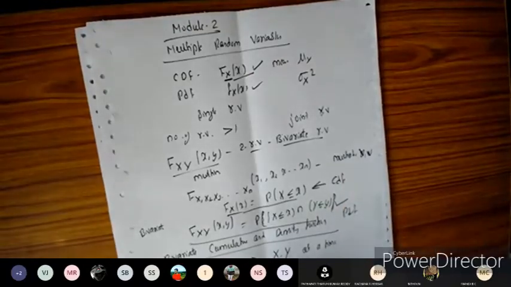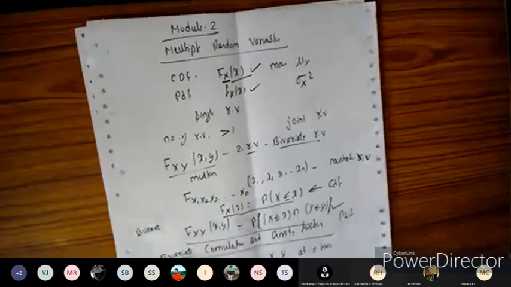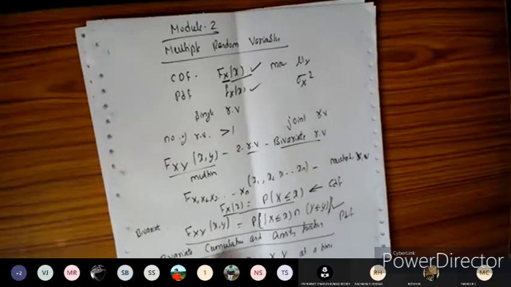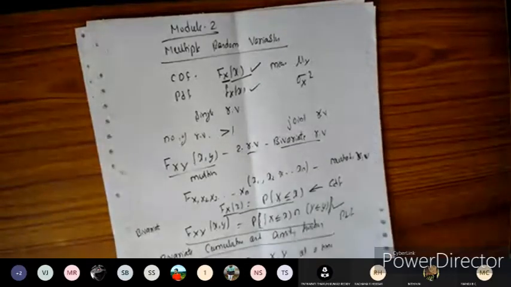Okay, let us take the next one. We'll define the bivariate cumulative distribution function, as well as the density function. You can take the next subheading. A bivariate random variable is nothing but two random variables; when there are two random variables, we call the term a bivariate random variable.